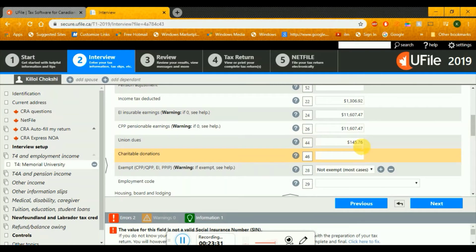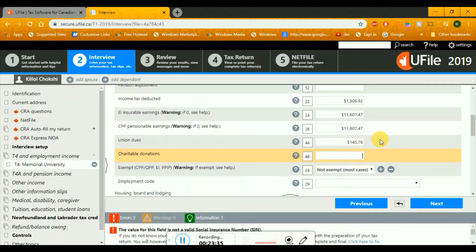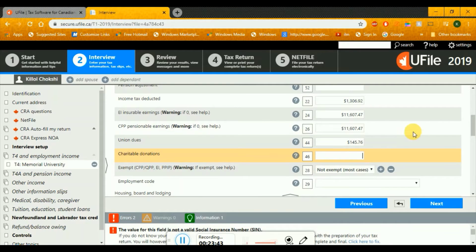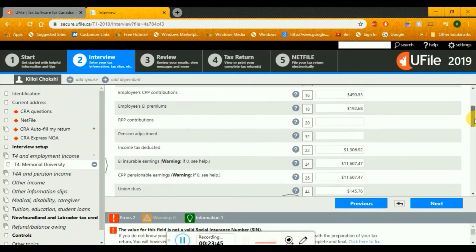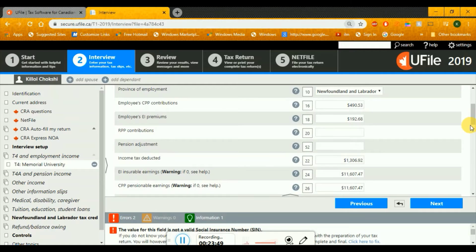So I'll start with 44,145.76, 145.76, that's correct. 26 is 1160.47, 26 is 1160.47, and so on. So you will understand that you have verified all the details. You check it, it's all good. Then what you do is,